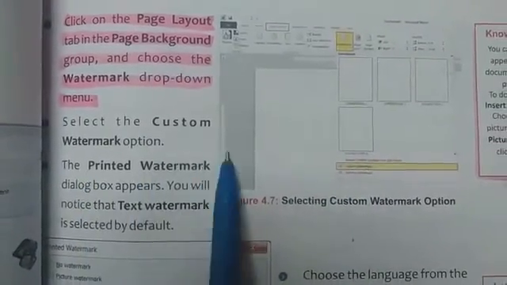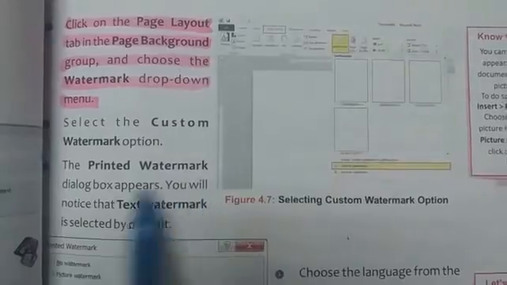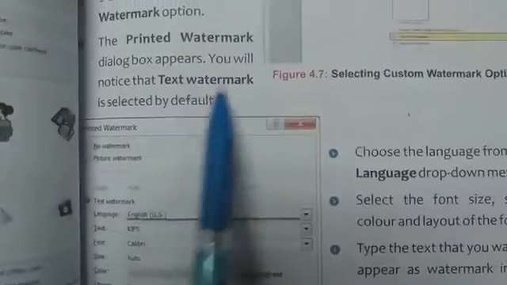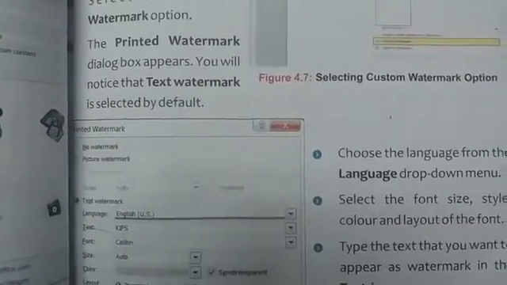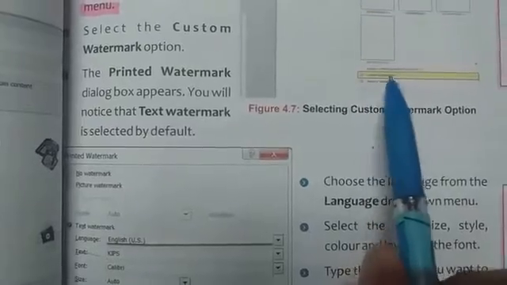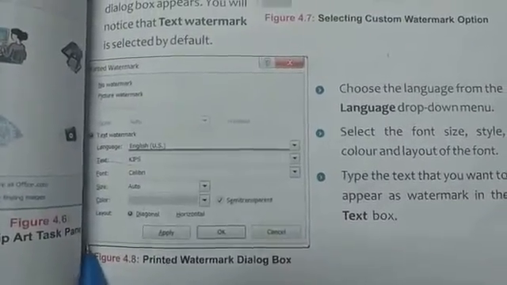The Printed Watermark dialog box appears, and you will notice that the Text Watermark is selected by default. So when you click on this Custom Watermark, this Printed Watermark dialog box will open.